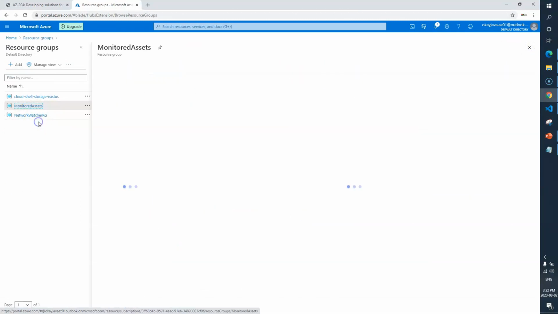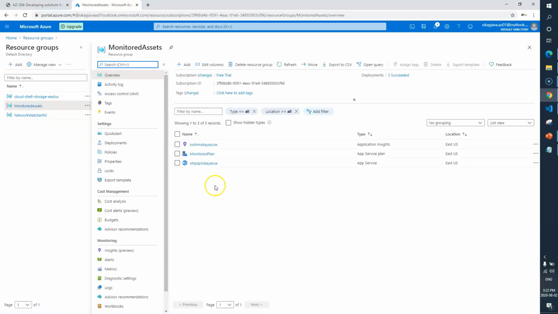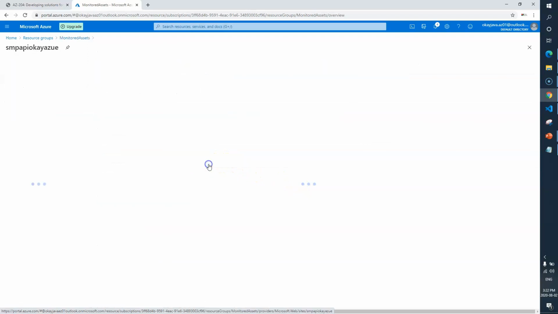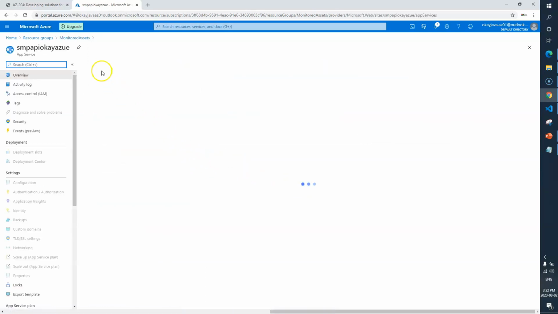So here is our resource group. I should see a new web app, SMP API OK Azure. Okay, here it is. Let me click on browse. If you remember, in the last video we tested the application on our local, the URL was localhost:5000, right? Now we are going to test the application on Azure